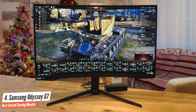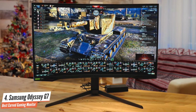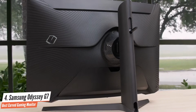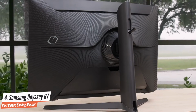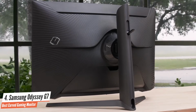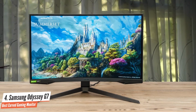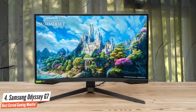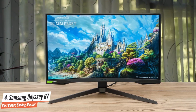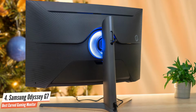The main question mark concerns the use of VA panel technology, which is traditionally associated with slow pixel response and generally slightly laggy performance. Not so here. Samsung claims 1 millisecond response times, and this monitor feels and looks at least that quick. The additional features can enhance your gaming experience. You can add a virtual crosshair, a frame rate counter, and there's a black stabilizer feature that makes objects more